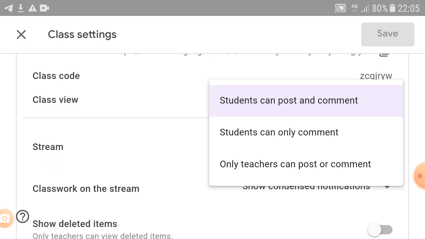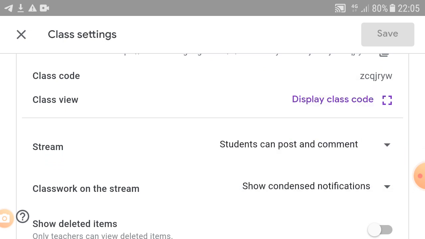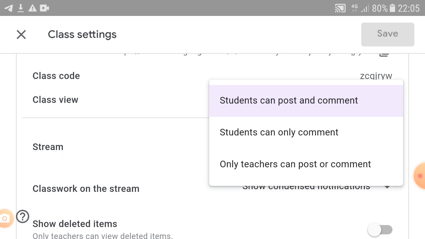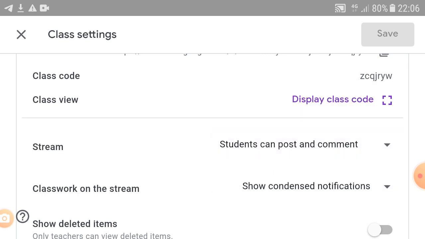In this stream, the teacher can post and students also can post, so whatever option you give will be displayed. If only students can post, click that. If only teachers can post or comment, students' comments are not entered. Okay, students can post and comment, I click students can post and comment.